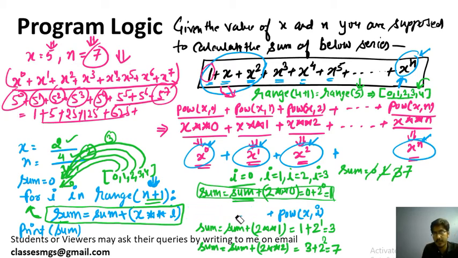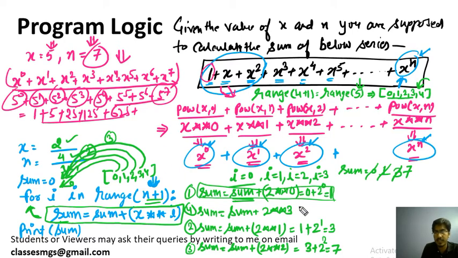Because I hope you understood these two lines are same, so that we can have some space. Now this is the first line, this is the second line, this is the third line, this is the fourth line, so that you don't confuse. Sum is equals to sum plus 2 star star 3.